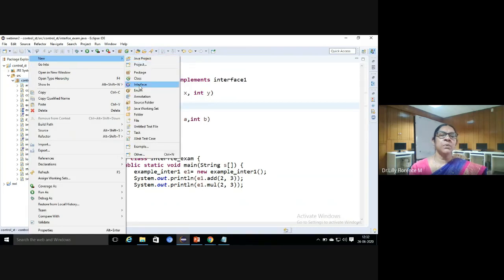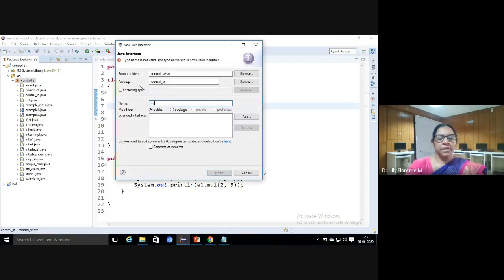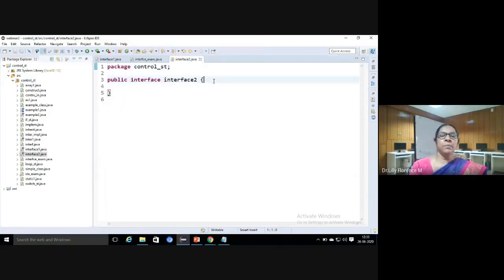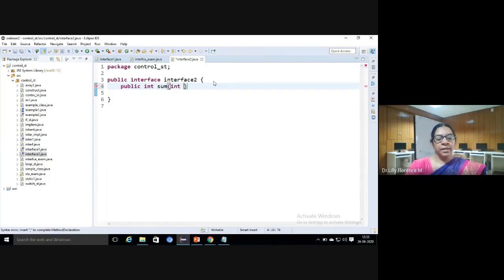I am defining one more method here with return type int, and parameters int a, int b, int c. Yes, we can define this.